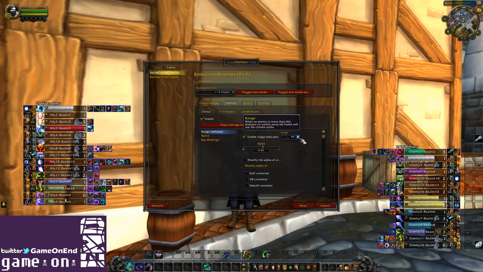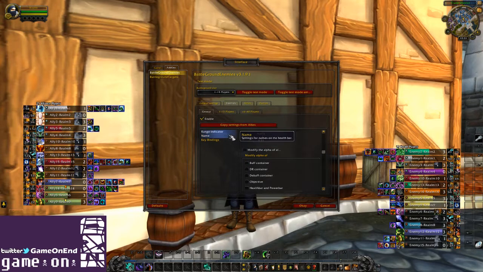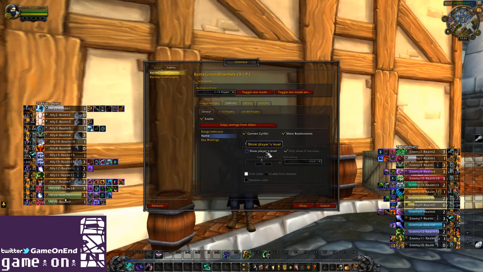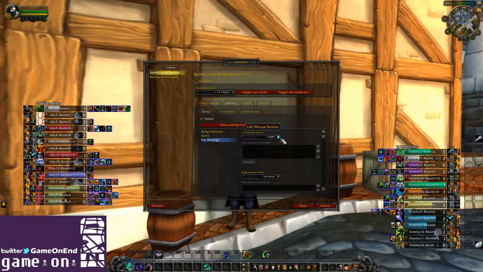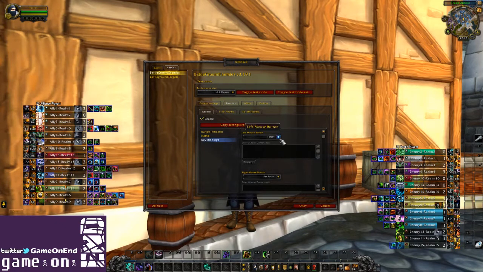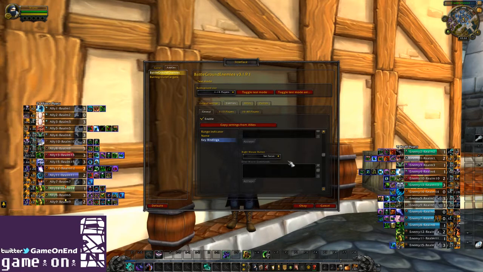We have range indicators. We can show player names or levels, and we can even keybind in some macro commands for clicks, such as left or right,